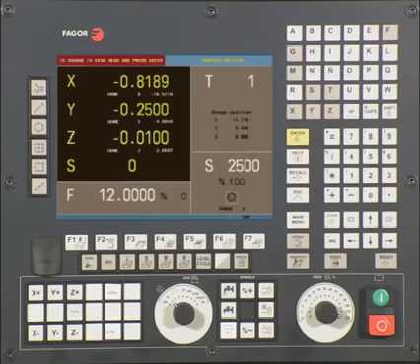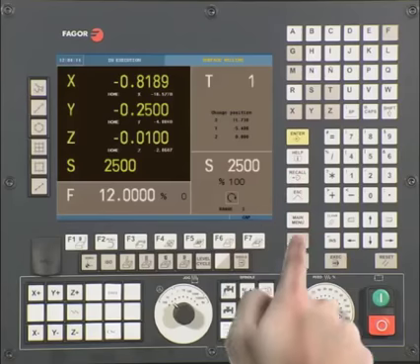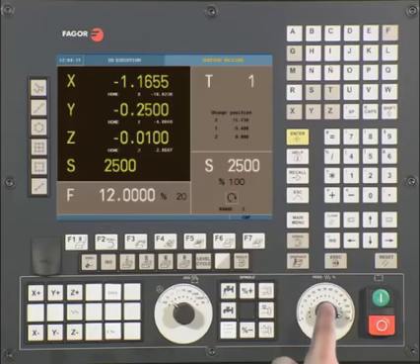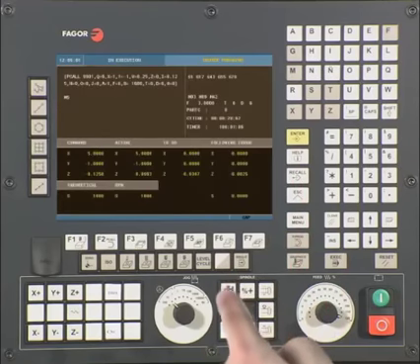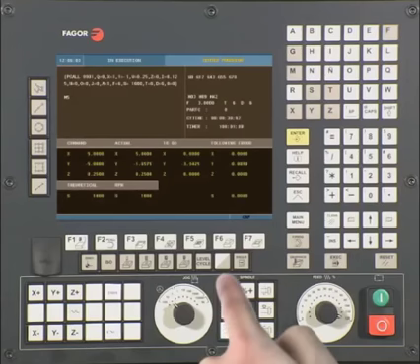If gear ranges are an option on your machine, you may be prompted to change to the correct gear. Change gear and press Enter to continue. Continue turning up the feed rate so the execution can continue. To see additional information while the program is being executed, use the half key to toggle between basic and advanced